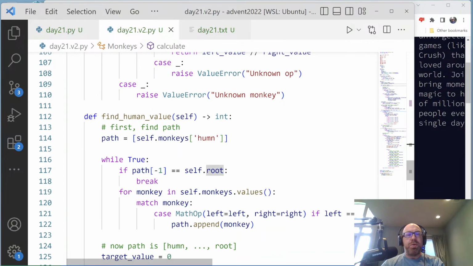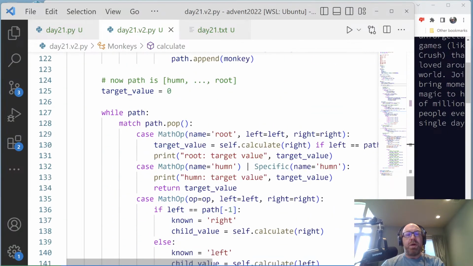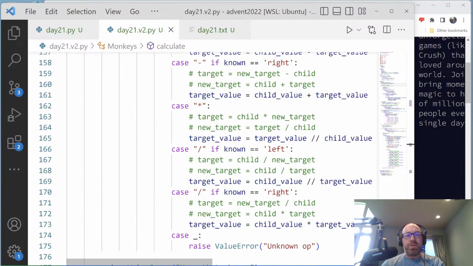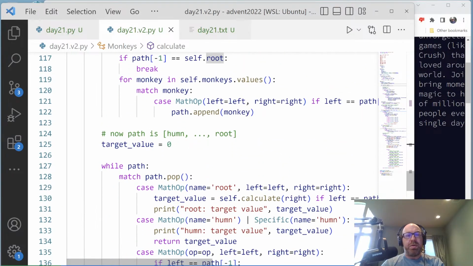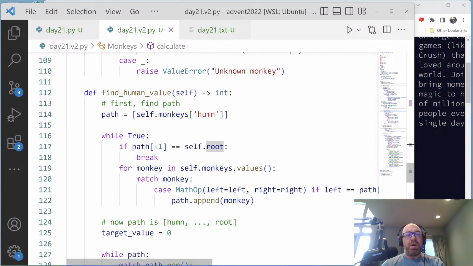Then for part two, I want to find the human value. And again, this is exactly what I was trying to do before. I just did it correctly with better modeling. And so what I do is I start with a path. How do I find the path from the root to the human? I did it in a super inefficient way, but it doesn't matter. And I said basically,